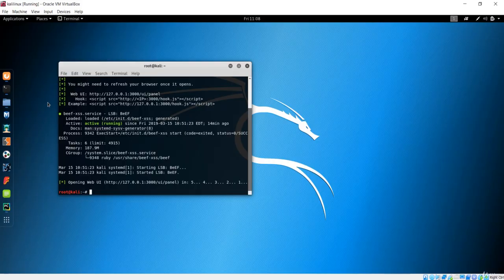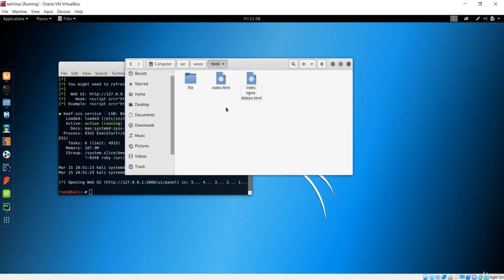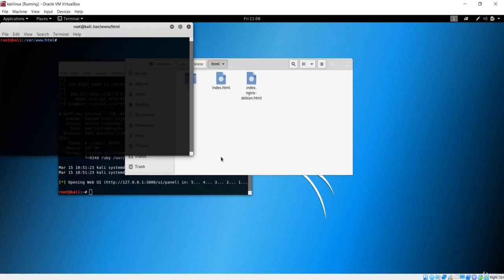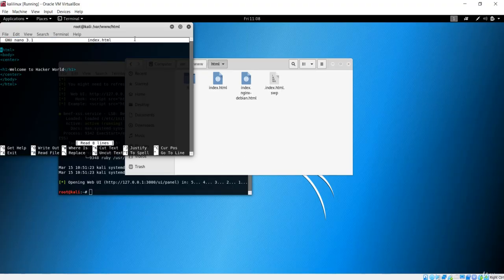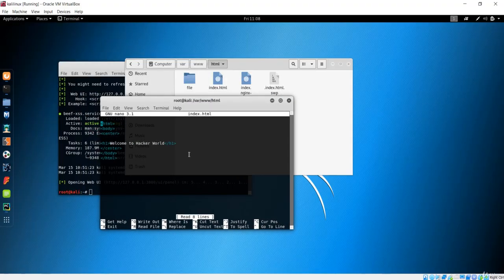First of all, what you need to do is go to your web server. In my case, it is in var www html. So go to this location, and after that I'll open the terminal. Over here I want to open this index.html, which is our HTML file, and this is my HTML file. You can see over here, it has only one heading, which is saying welcome to